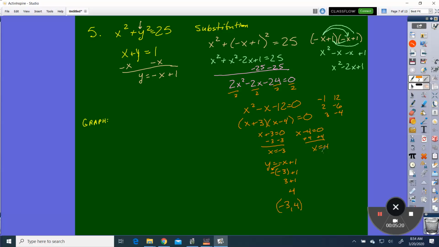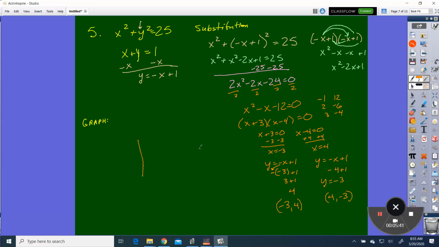X equals 4. Well, what does y equal? Y equals negative x plus 1. So negative 4 plus 1 is negative 3. So when x is 4, y equals negative 3. And those are my solutions. Now, to do this graphically,